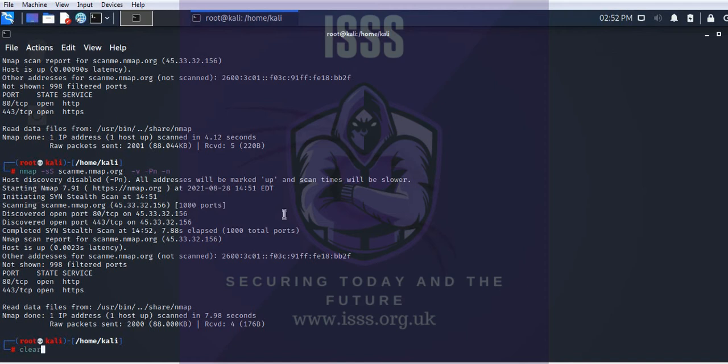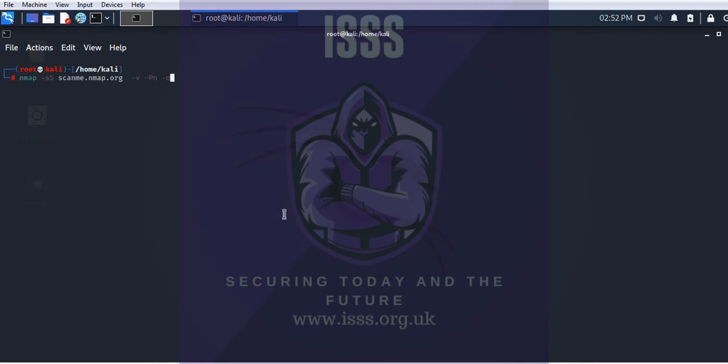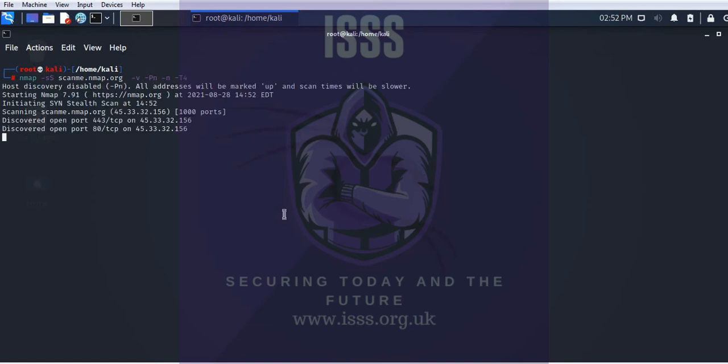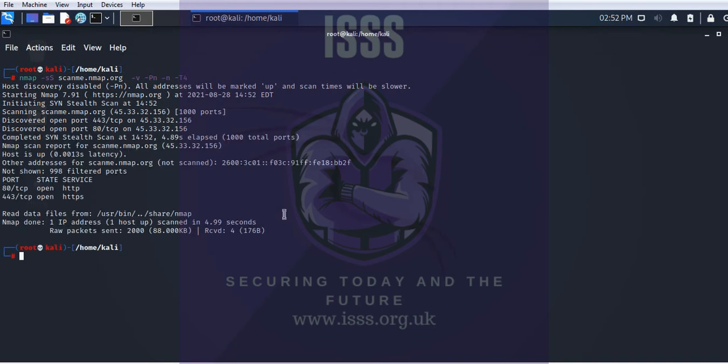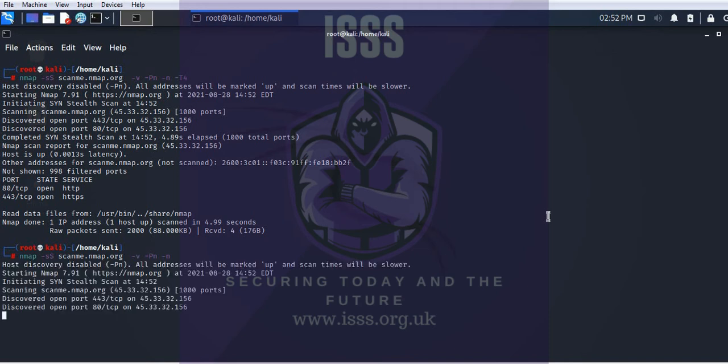But if you are more interested in getting things faster, I will use the T4 flag. T4 is called aggressive, so it's going to complete the scan as soon as possible, ideally. Let's have a look. So 4.99 seconds. Let's see what happens without that. So 4.99 versus